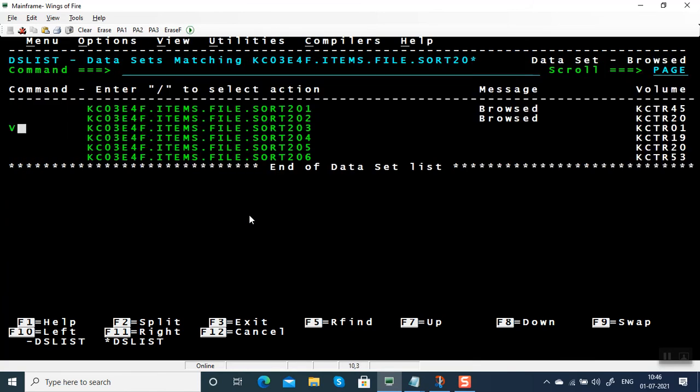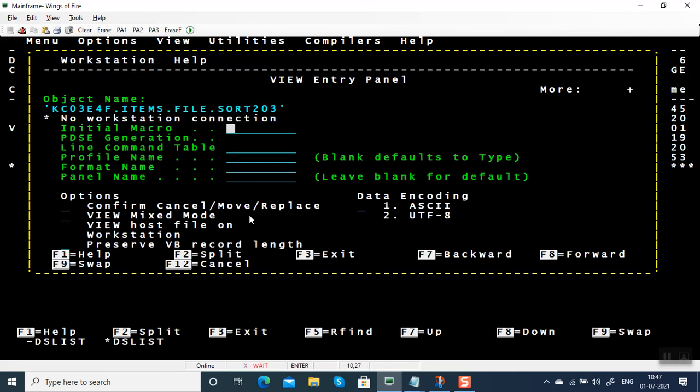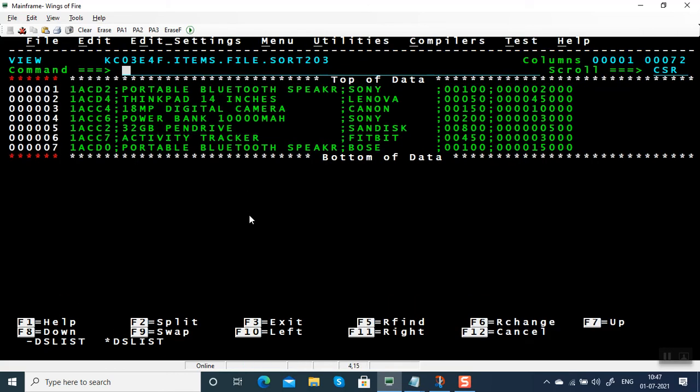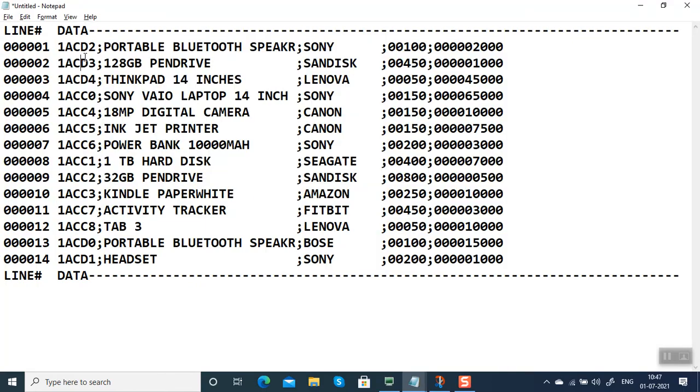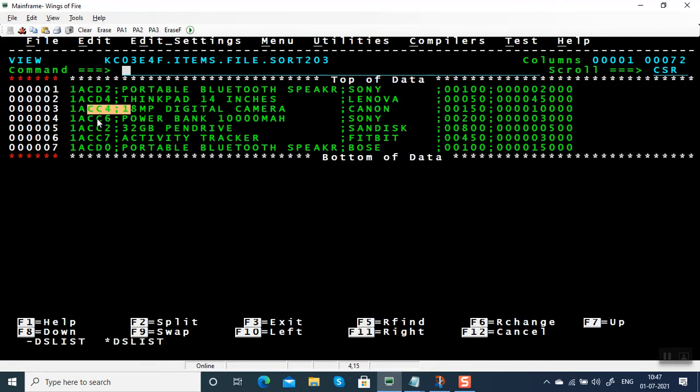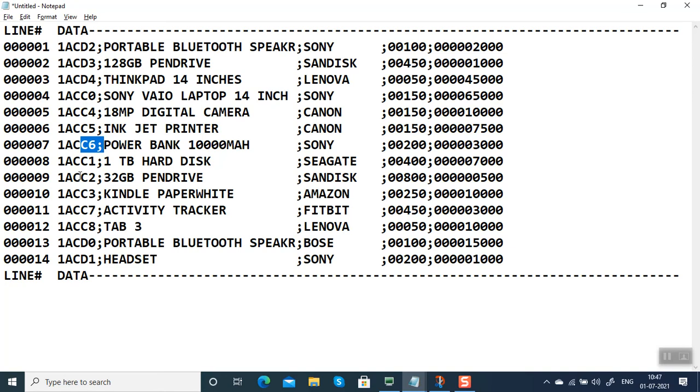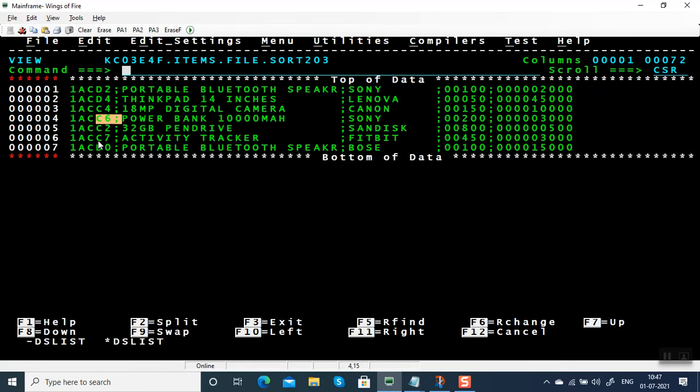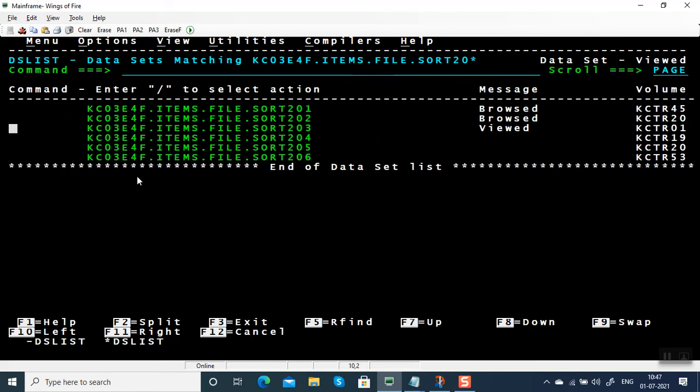I'm going to go in view mode to see the line numbers. Okay, here it's an alternate copy. The third and fourth files are an output of the second step, where we have split the data from the input file. 1AC-D2, 1AC-D4, 1AC-C4, C6. So alternate records C2, C7 and D0. Okay, so 1AC-D2 onwards, and in